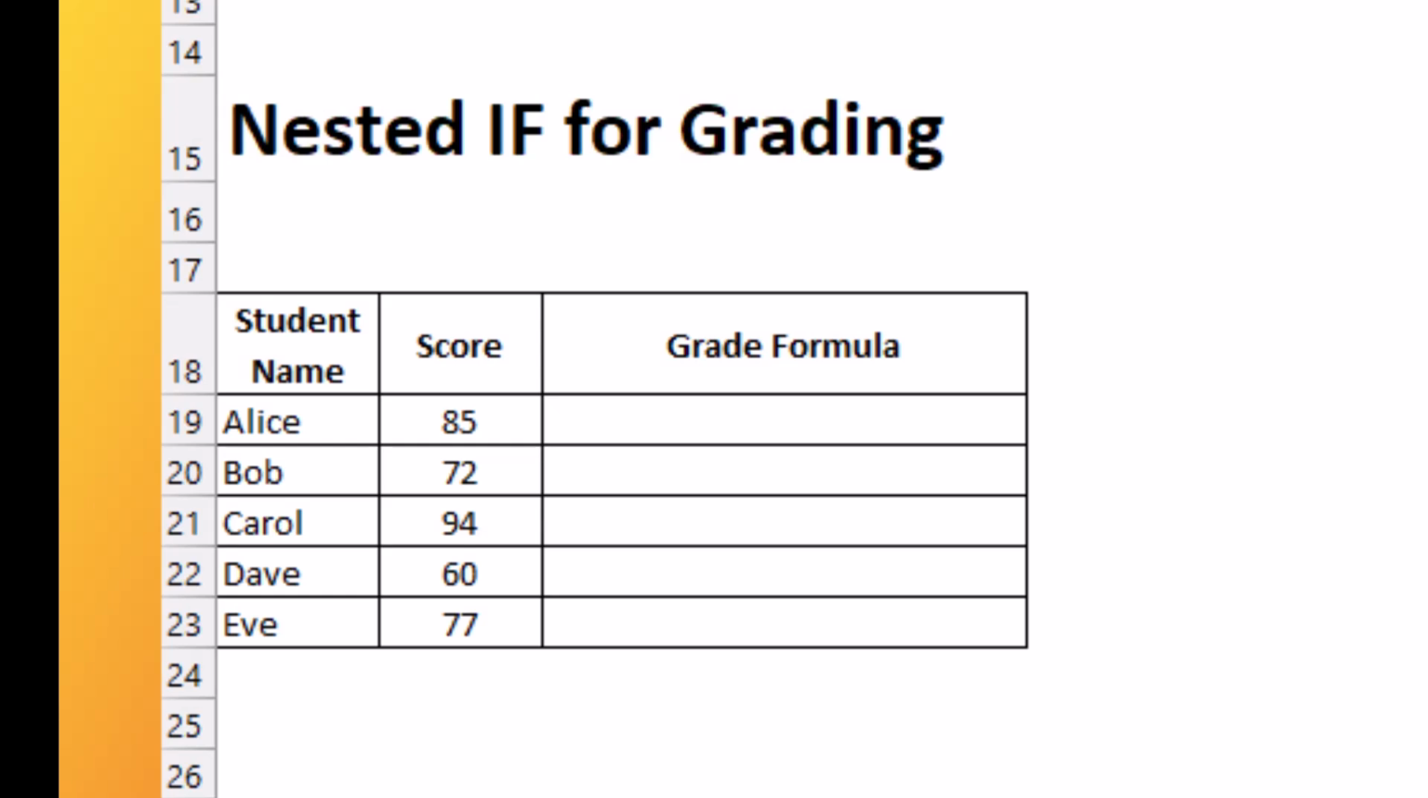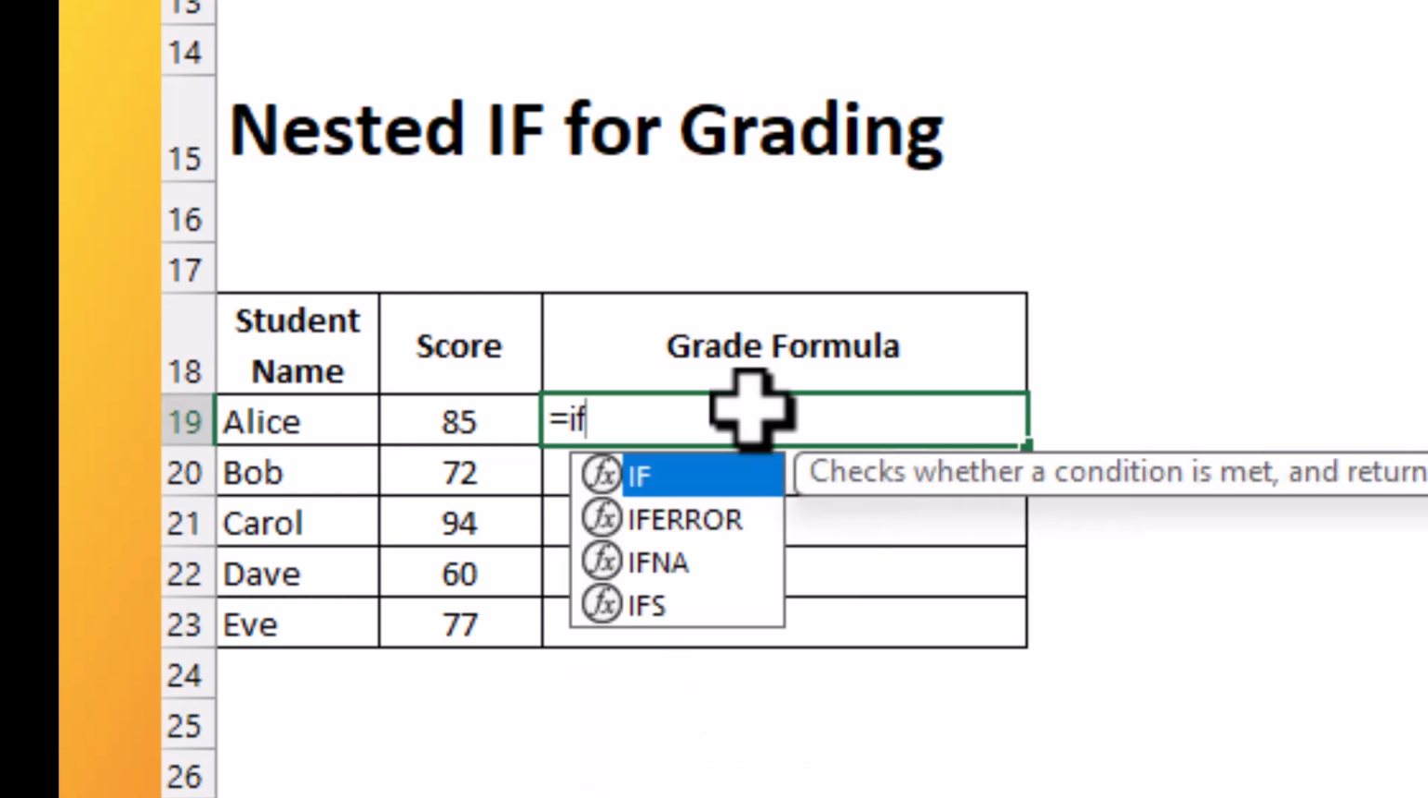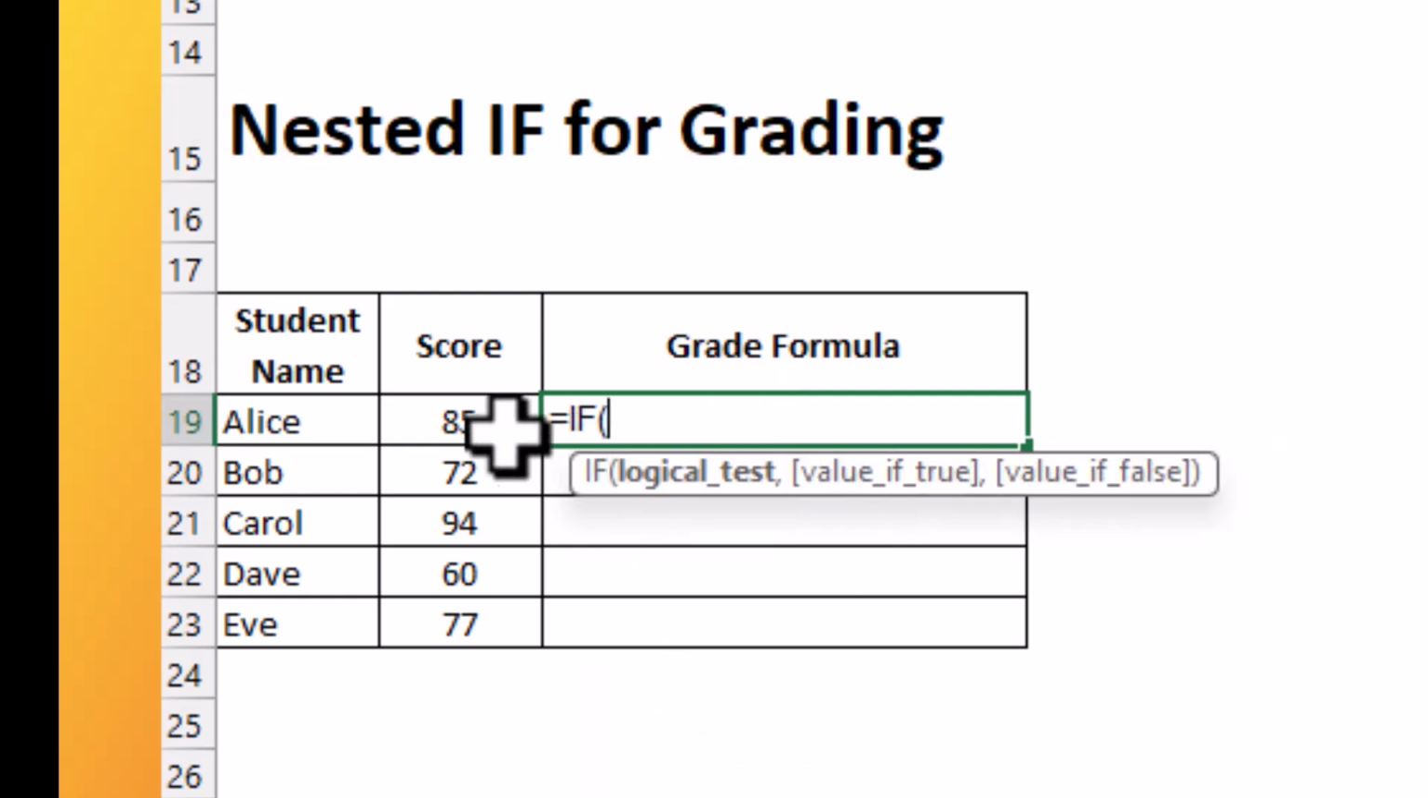Our condition is: if the score is 90 or above, then the grade will be A. If the score is 80 or above but less than 90, the grade will be B. And if the score is less than 80 but 70 or above, then the grade will be C, otherwise the grade will be F. So I am writing the IF function, equal sign, IF, opening bracket,